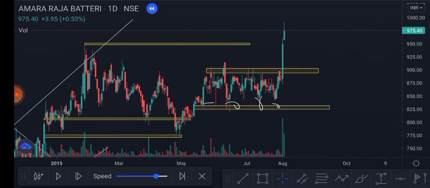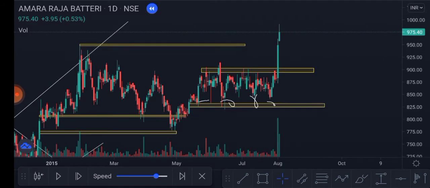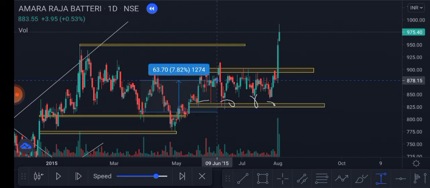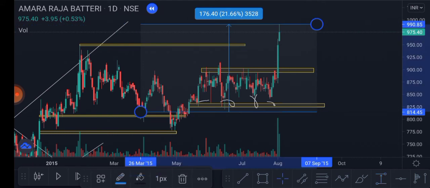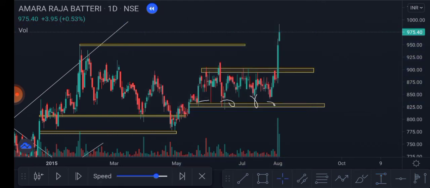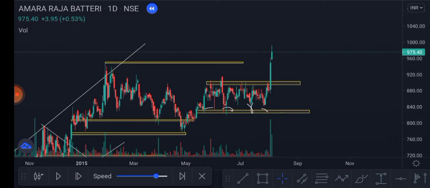Okay, yeah, our analysis is correct. Our analysis was correct. See here, as and when market broke this resistance with a good volume, it suddenly started to move to all-time high again. So how much percentage did we get? Almost, we took a trade around this level, right? Okay, almost 20% in 4 to 5 months, around 5 months. So this is the trade that I would take if I was trading at that time in 2016.